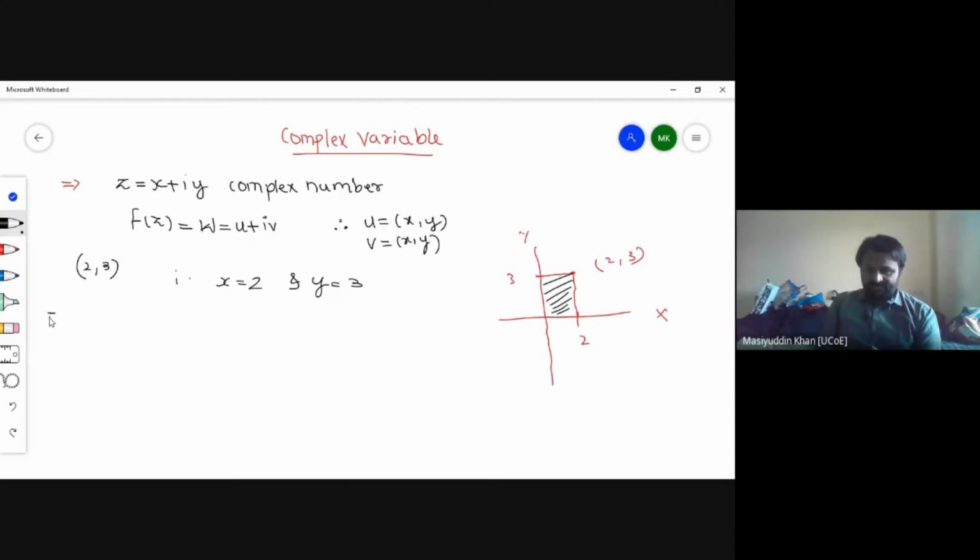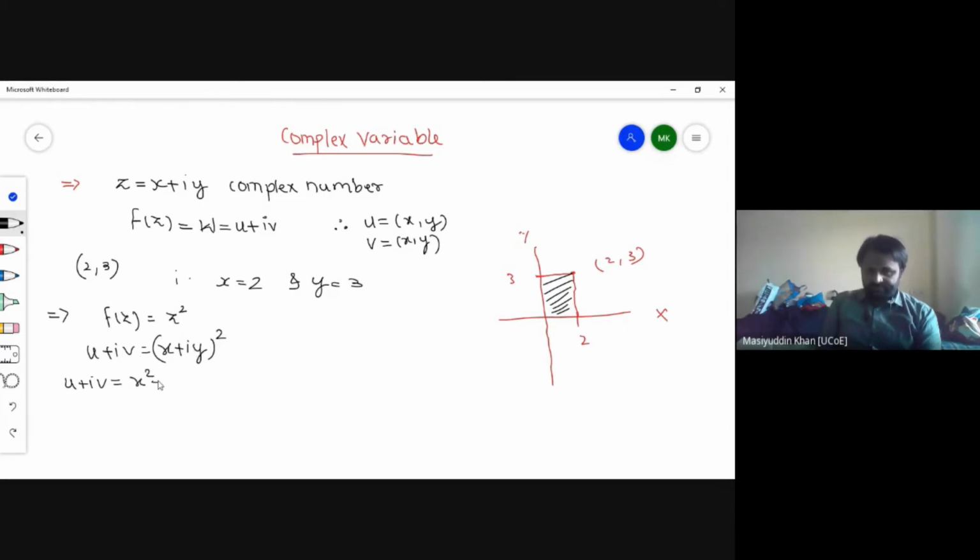Now suppose I have a function f of z is equal to z square. Now this is my z plane given. So what is my f of z? According to complex variable, f of z is equal to u plus iv. And what is the value of z? That is x plus iy. So we take it as x plus iy and simplify this part, x plus iy raised to power 2. So u plus iv is equal to